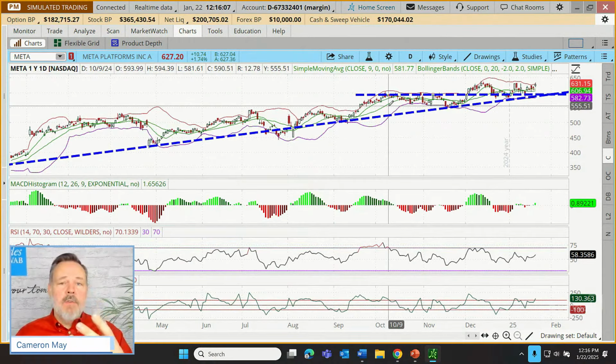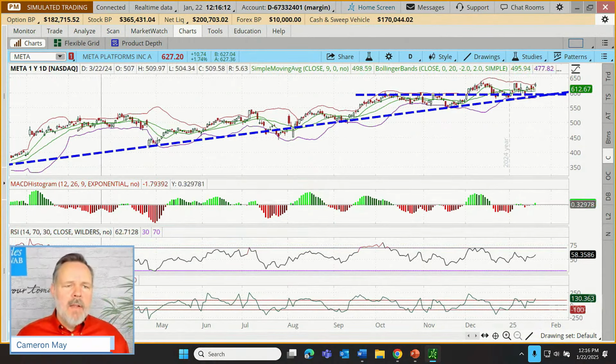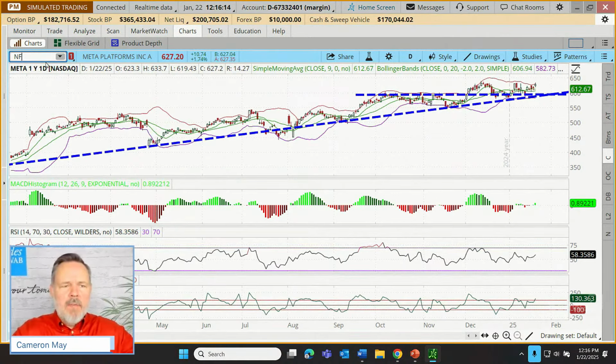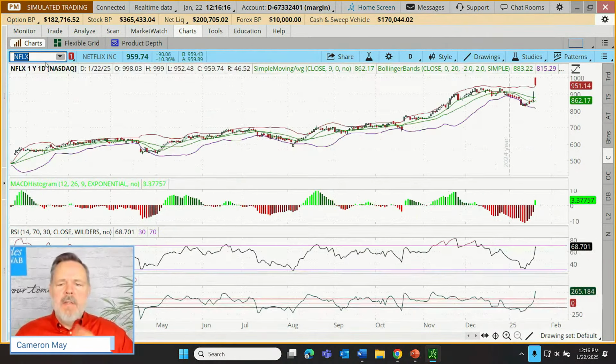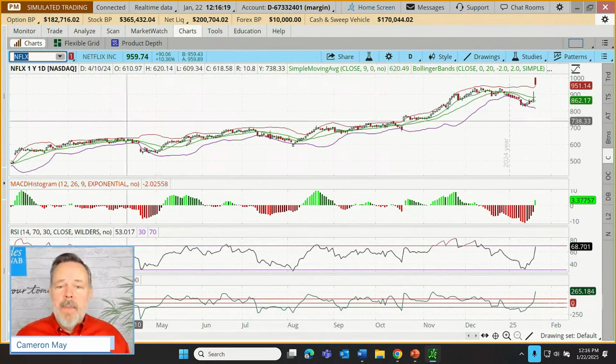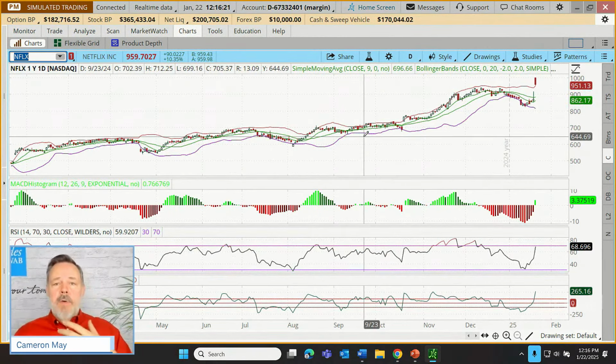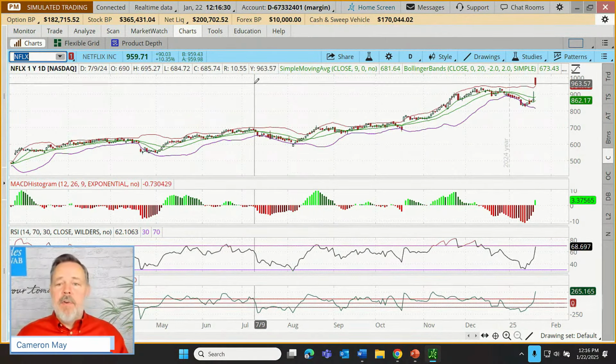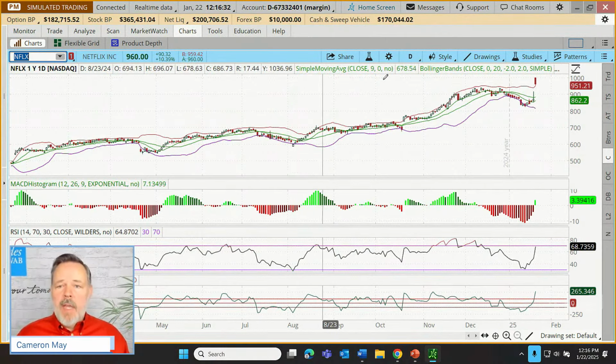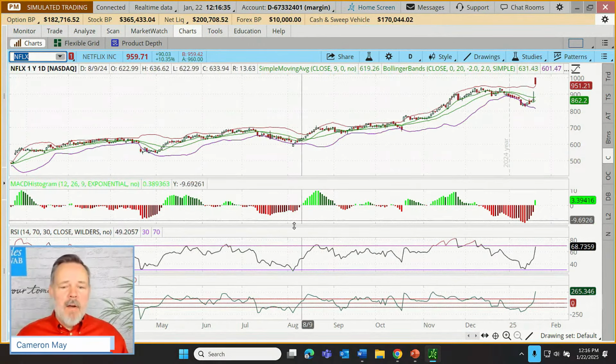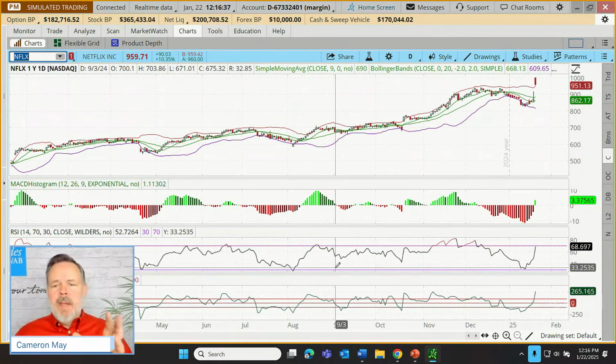And maybe they like to see those tools for every chart. Or maybe they're looking at Meta through one technical lens, and then they go over and they want to look at Netflix through a different technical lens, or maybe just a less busy technical lens. Well, we can actually remove some of these tools from view very quickly and then add them right back to the chart without losing access to them. Let's say this is the trader's preferred setup. A simple moving average, Bollinger Bands, MACD, RSI, CCI. But they don't necessarily need every single one for every single chart.